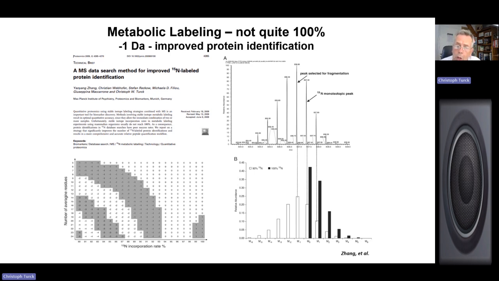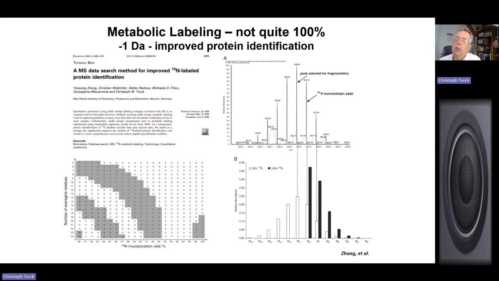Why is that? Well, in the diet, of course, there is not only protein, which might be almost 100% labeled. You also have other compounds like vitamins and other small molecules that have nitrogen, which were not labeled. So as a consequence, and that's shown here on the right, if you look at the mass spectra, if you know something about tandem mass spectrometry with data-dependent acquisition, what happened then, and still happens today, is that the most intense isotopologue pattern is taken for fragmentation.